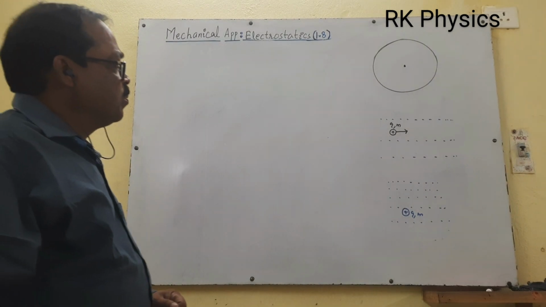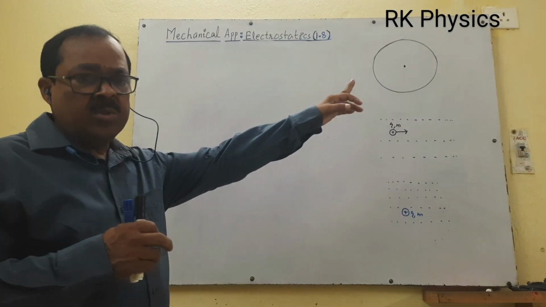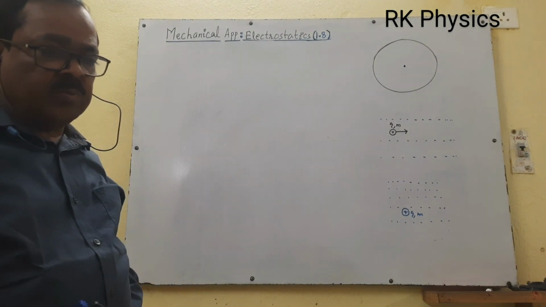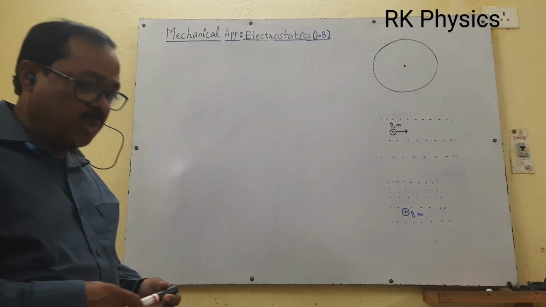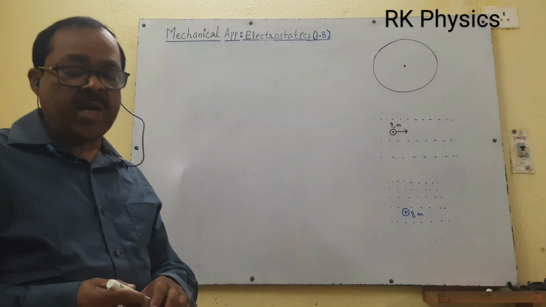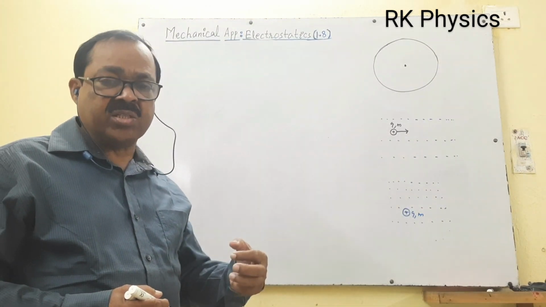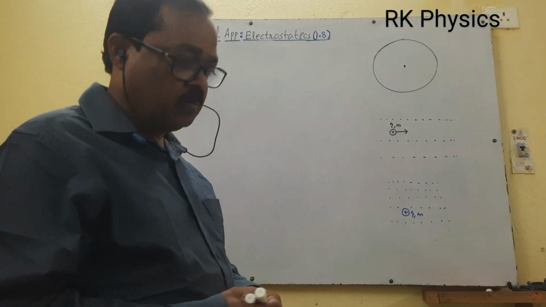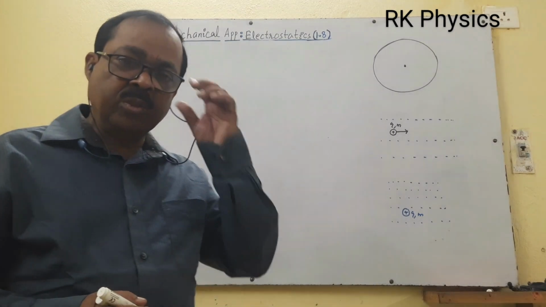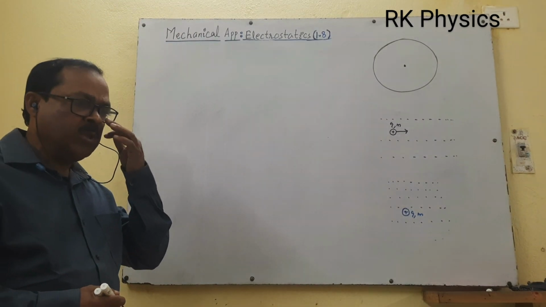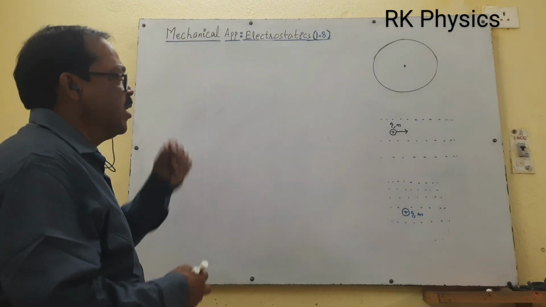Now in this section we should deal with first a charge revolving in a circular path. If a charge is revolving in a circular path, how can you calculate the angular characteristics of circular motion? That means angular velocity, angular acceleration, tangential acceleration, centripetal force, time period, frequency and so on.